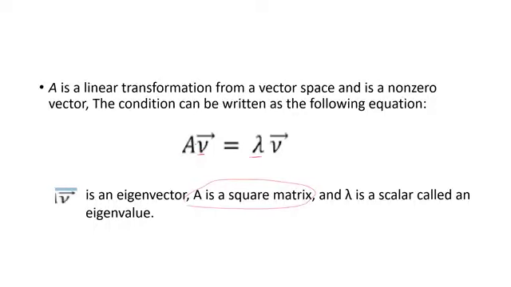So there is a square matrix. If you multiply that with your eigenvector, it gives you the dot product between your eigenvalue and the eigenvector. This is something we can prove, but this is the equation or the condition which this particular model will consider. Now, we do not know the eigenvector, and we do not know the eigenvalues initially. What we know is this square matrix. And what is this square matrix? This is nothing but a correlation matrix.